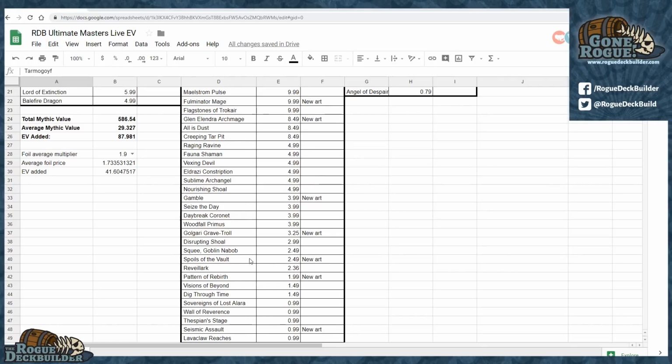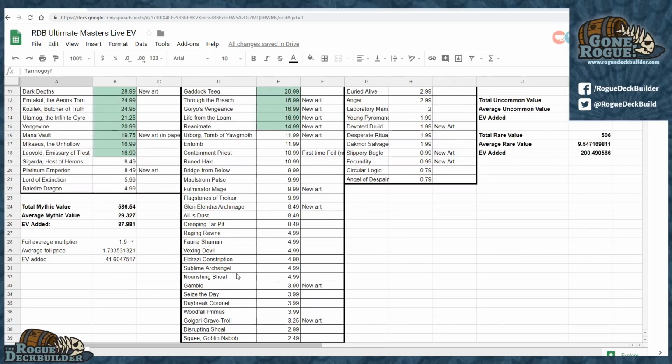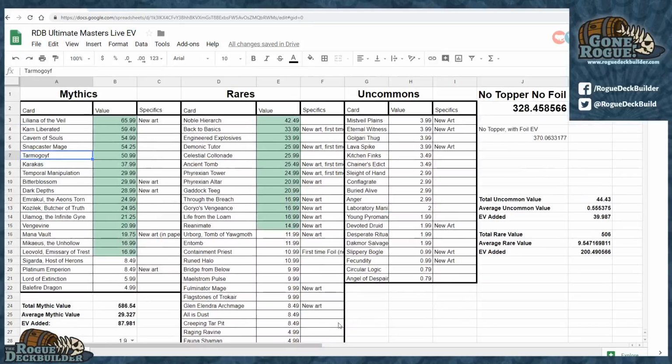We have the Daybreak Coronet. This sees a 4-of in a Bogles deck, for example, going down. And even cards like Sublime Archangel have taken a huge hit, gone down to below the $5 mark. Uncommon value: there's no uncommon above $5 now. They've all gone down. In fact, the one that's worth the most, Mistveiled Plains, I expect to actually go down